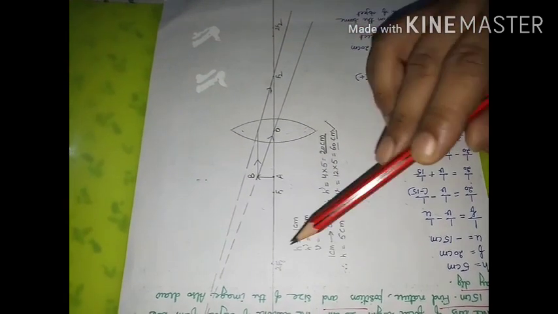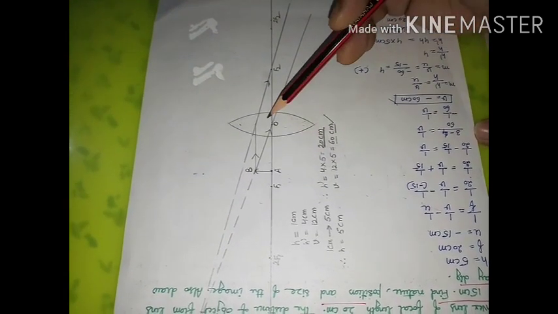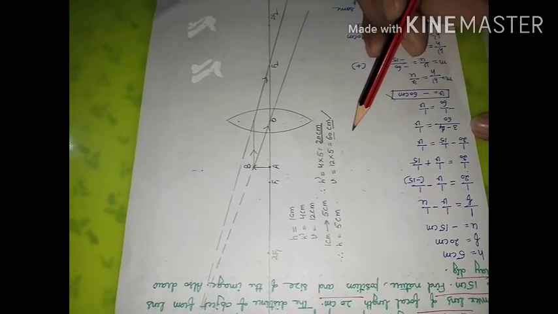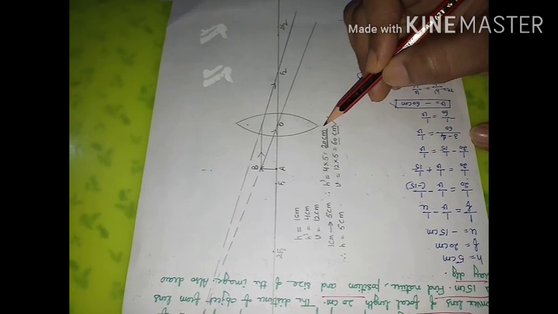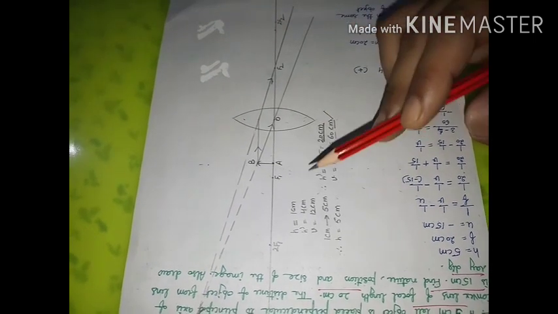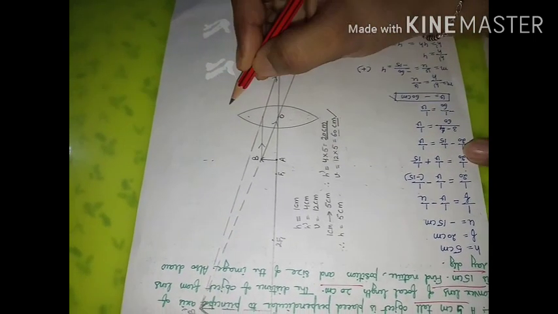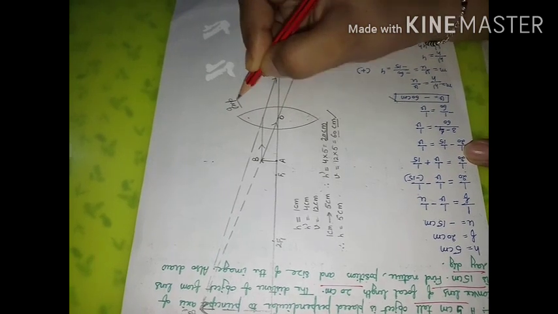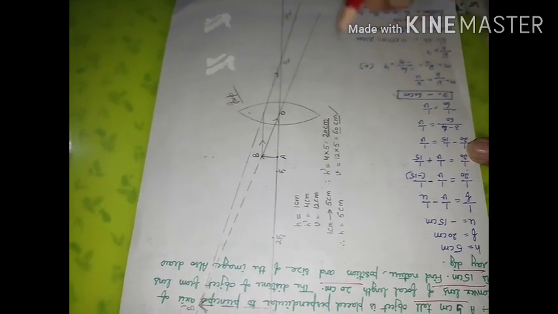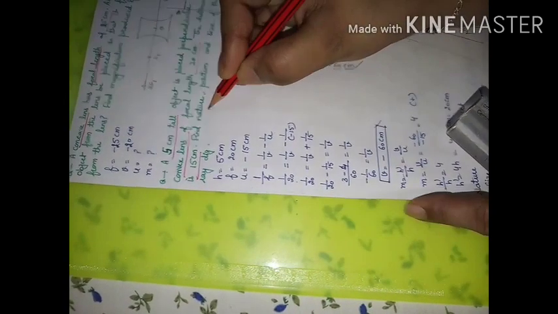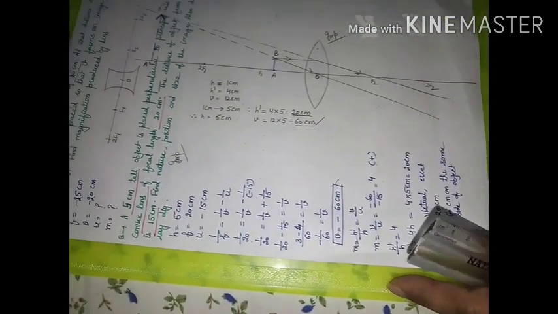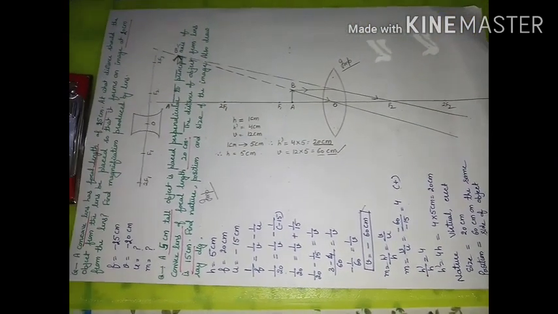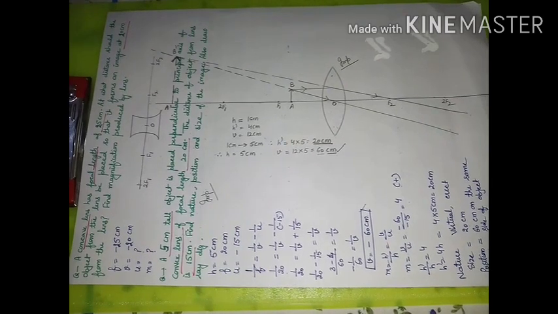If your diagram is exact, then the diagram will also give you the same value of distance of image, idea about size of image and the nature of image. Sometimes a 3-mark question is asked with the help of diagram only, and sometimes with the help of numerical. These things will become more and more clear to you with practice of numericals. So do more and more practice of numericals and things will become clear.